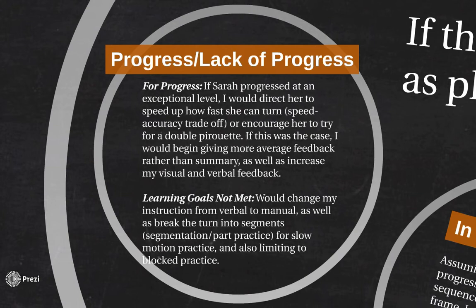I would give her more an overall gist, because at this point her learning is telling me that she does not need that summary feedback from turn to turn because she's making correct error detection decisions. So I would just give her more of an average feedback. I would also increase my visual and verbal feedback. Just because if she's getting that double pirouette level, she's also going to need a little more visual cues from me, such as,